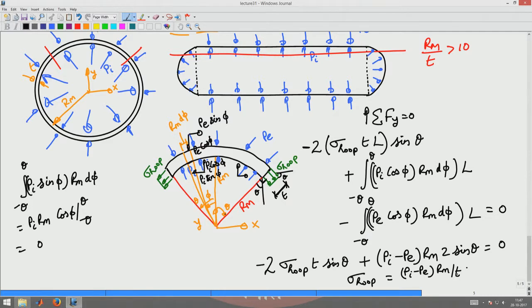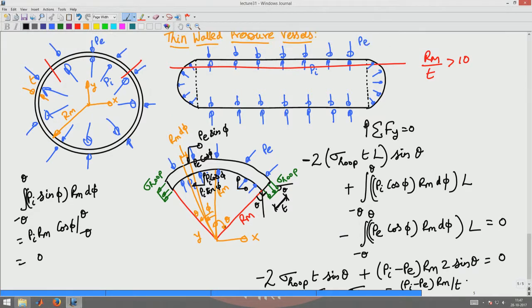Next I am interested in computing the axial stress. In other words, this hoop stress is nothing but sigma theta theta. Okay. I am interested in computing the axial stress, which will be sigma ZZ for this structure. Okay. To compute the axial stress, what should I do? I have to induce a different cut. I have to induce a cut which is vertical. I have to induce a cut like this, so that only then the axial stresses will be exposed.